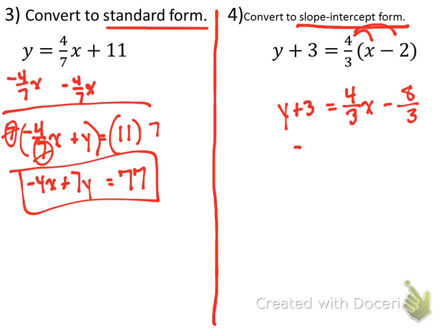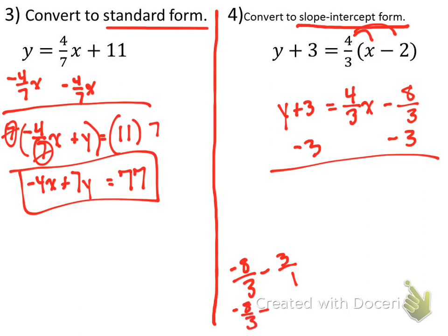Then you subtract 3 on both sides. Now this one gets a little tricky, right? Because we have -8/3 minus 3. Now we have a fraction minus a whole number. So we have to make the whole number a fraction. Put a 1 under it. Whenever you have fractions, you have to have the same denominator. So 1 and 3 are not the same. The common denominator is 3. So I'm going to change 1 to 3. I'm going to multiply the second fraction by 3. So it's going to be -8/3 minus